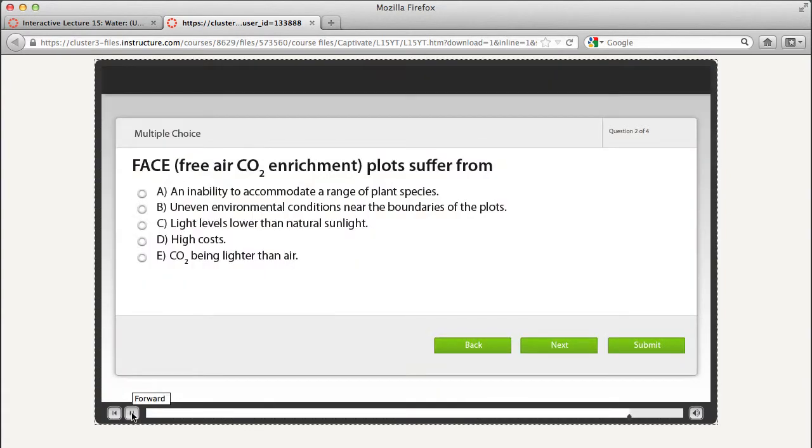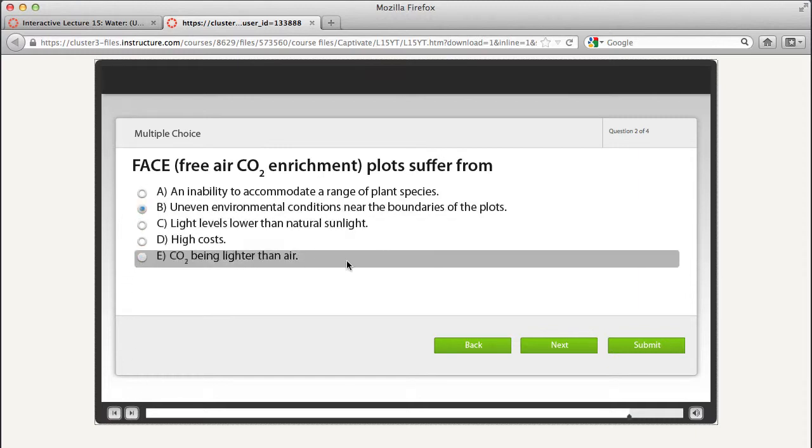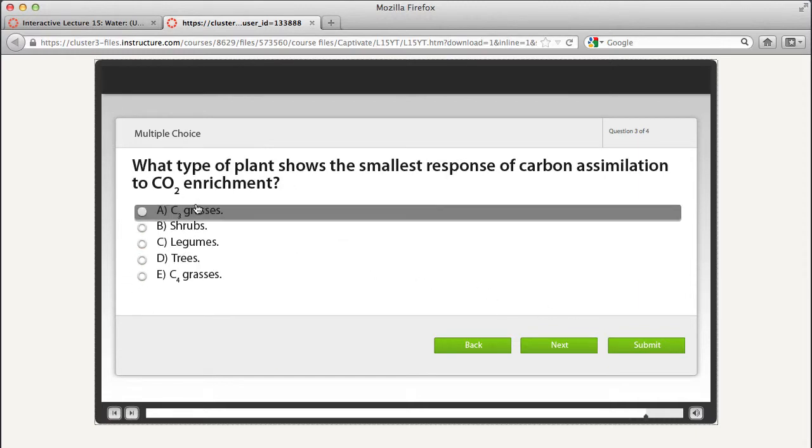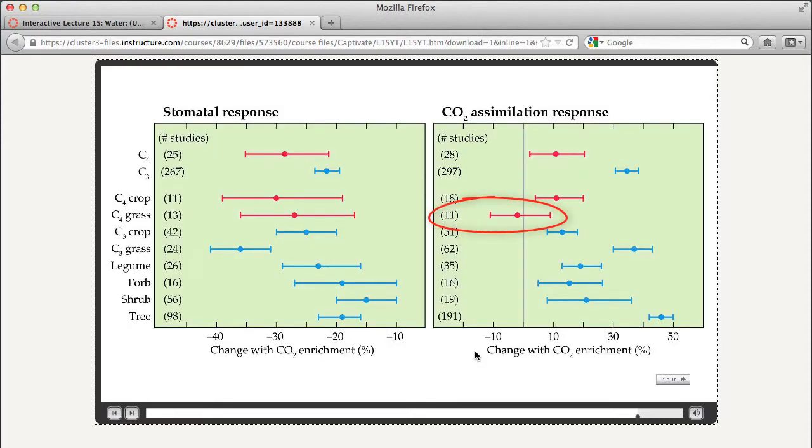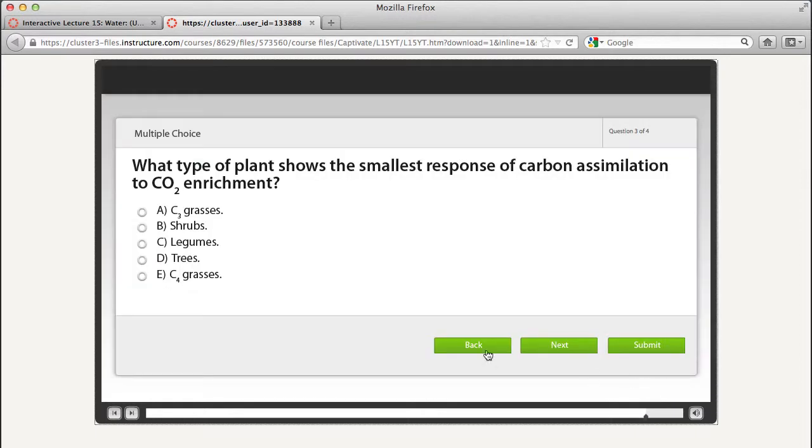Quiz questions in a lecture will always be based on the content you just watched or interacted with. Sometimes you may need to go back a slide or 2 to get some information, such as from a graph to answer a question. Make sure you use the back and next buttons to do this. Note that these are not graded questions. They are provided more as self-checks, but each of these questions could appear on a quiz or exam.